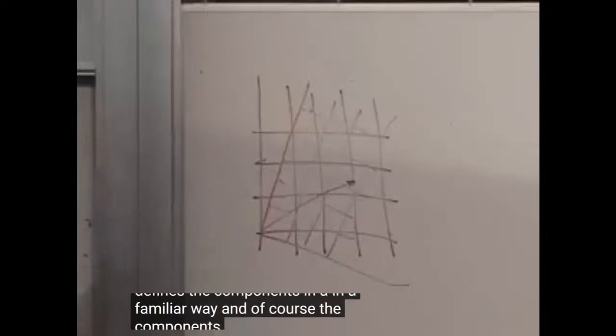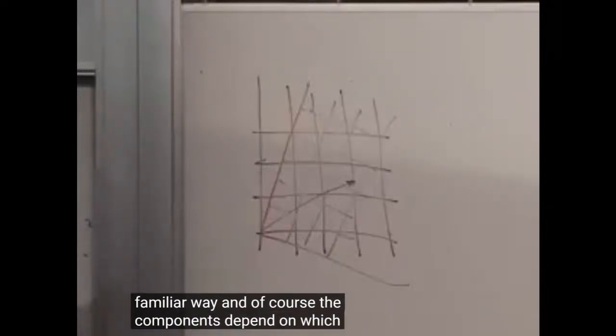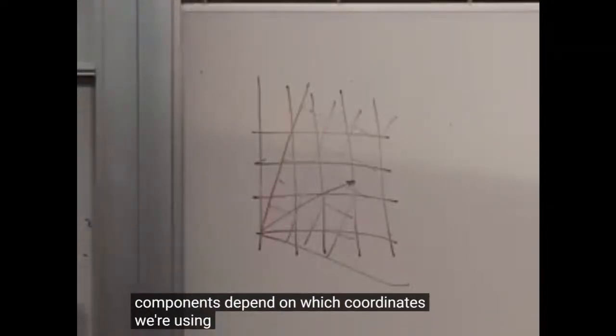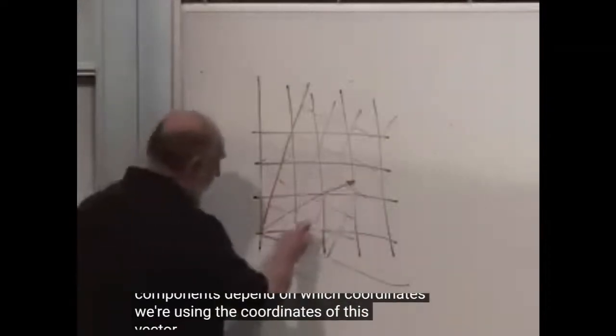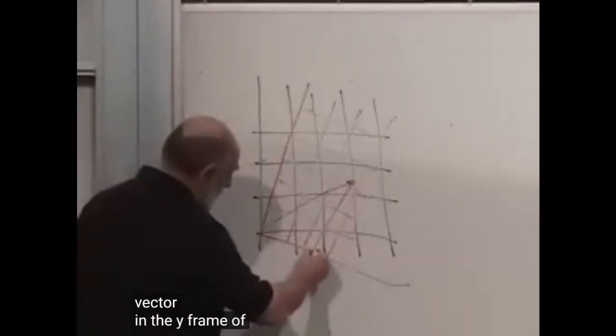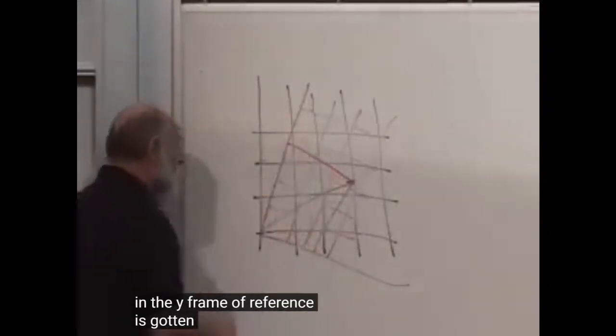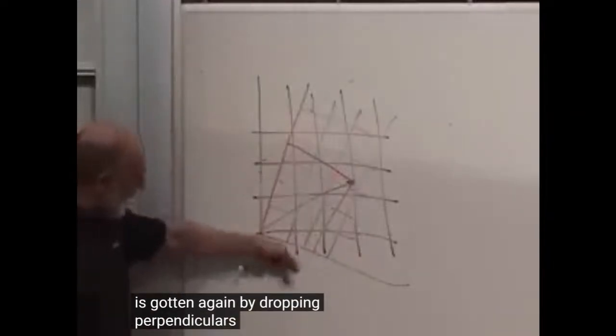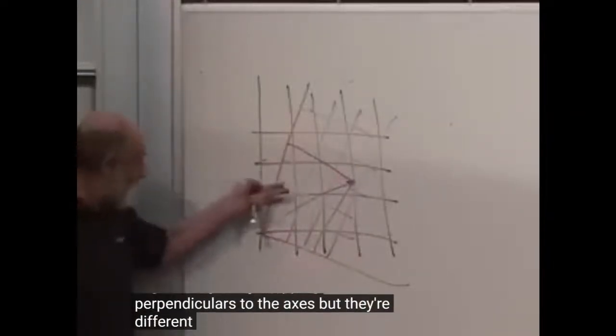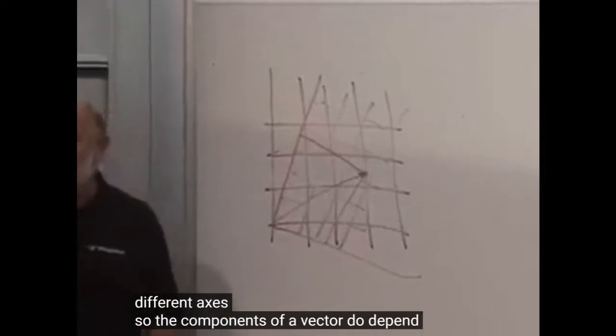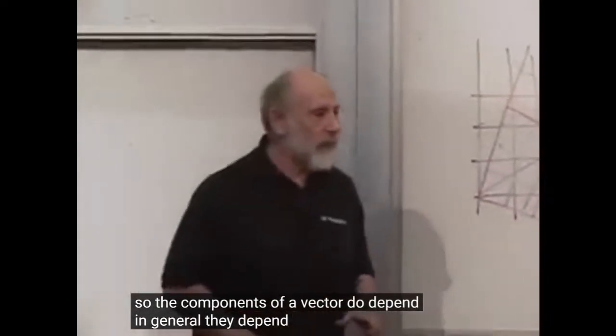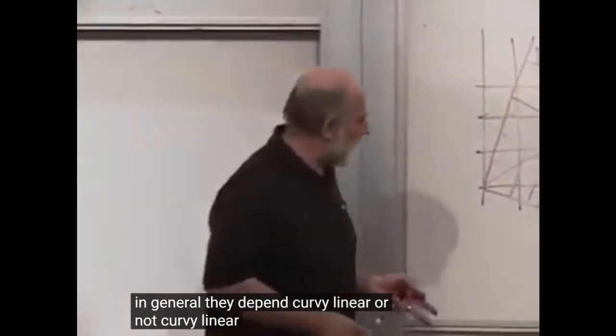Of course, the components depend on which coordinates we're using. The components of this vector in the y frame of reference are gotten again by dropping perpendiculars to the axes, but they're different axes. So the components of a vector do depend, curvilinear or not,